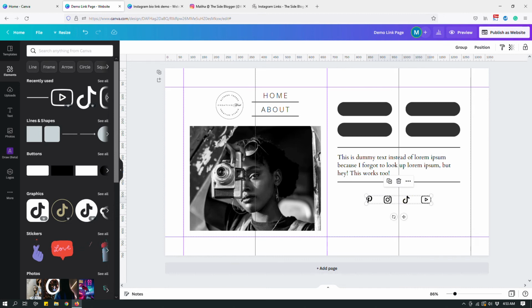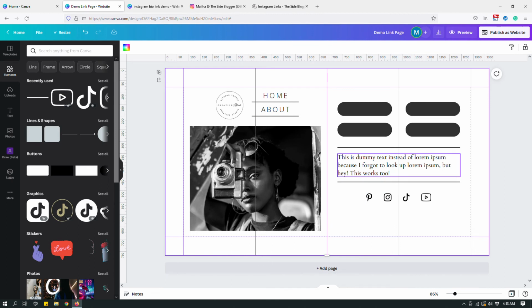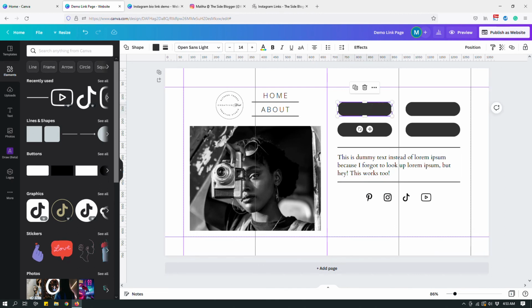Okay. Like so. And I'm gonna add a final button. So I'm gonna just click, duplicate, bring it down here, make it slightly wider, and then I will center it around this guide,